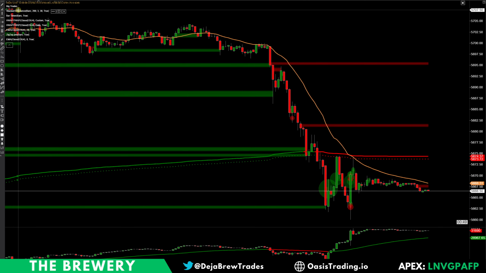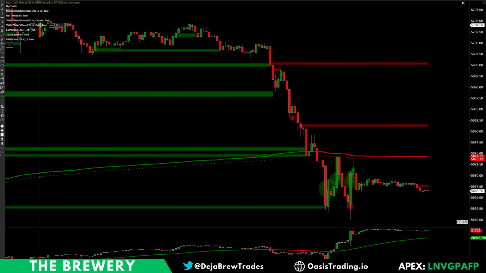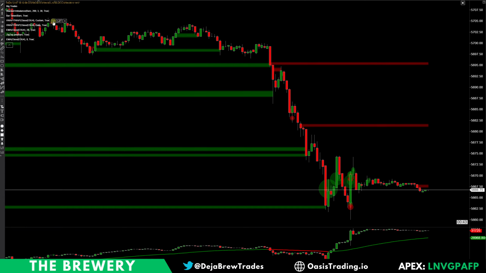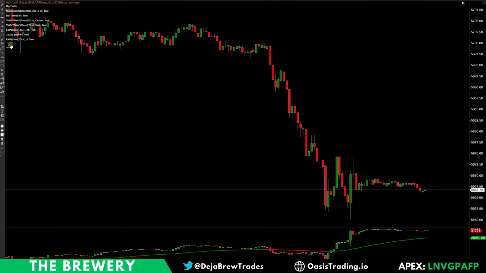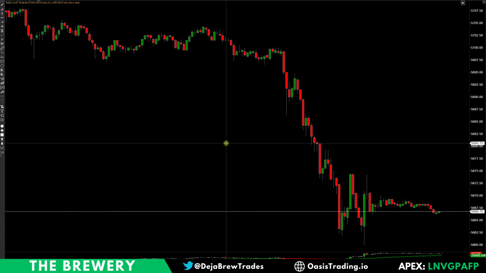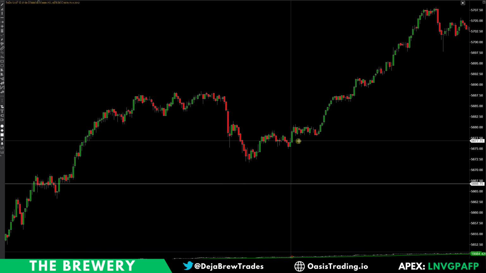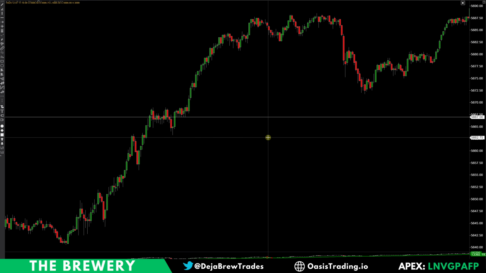Okay, I saved the most important part for last. So hopefully you guys are still here and you're hanging around. Let me hide all my indicators. And this is the most important thing that I use the 1 minute chart for. So what I like to look at on the 1 minute chart